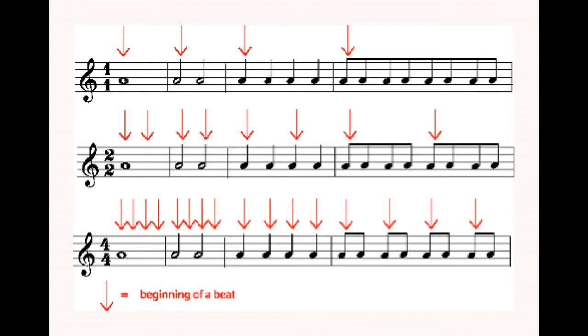Or why not write 2-2 as 2-4, giving quarter notes the beat instead of half notes? The music would look very different, but it would sound the same, as long as you made the beats the same speed. So why is one time signature chosen rather than another? The composer will normally choose a time signature that makes the music easy to read and also easy to count